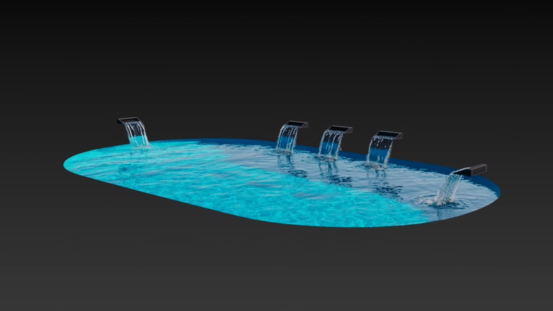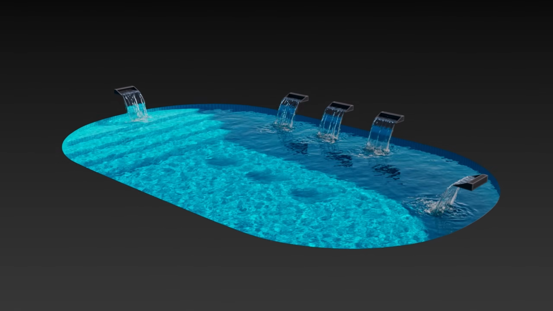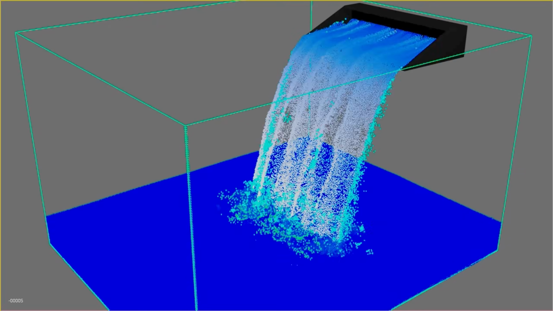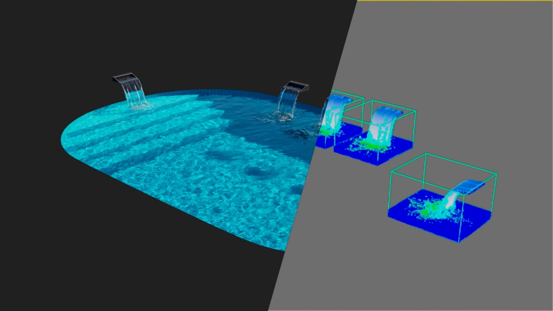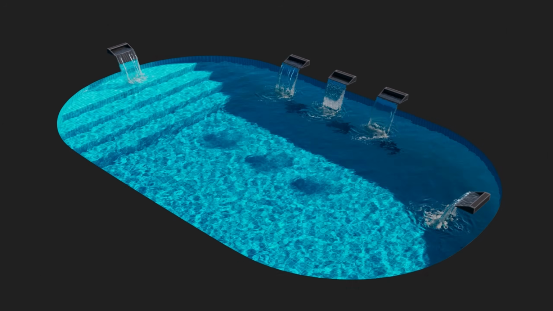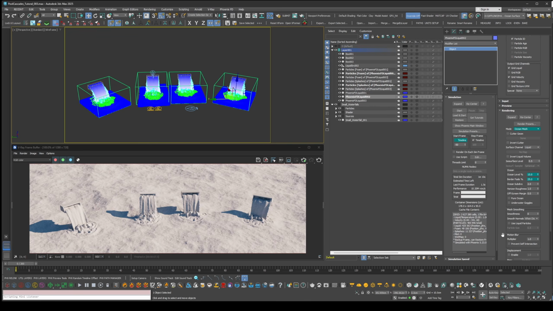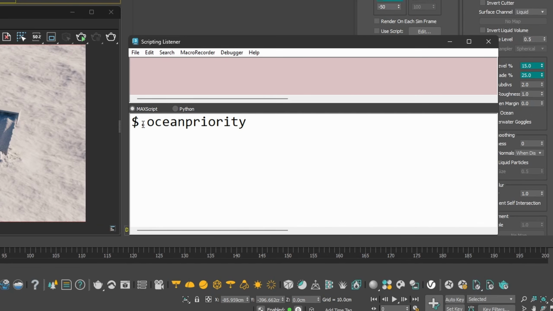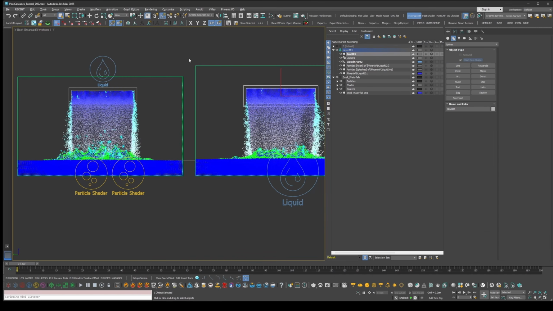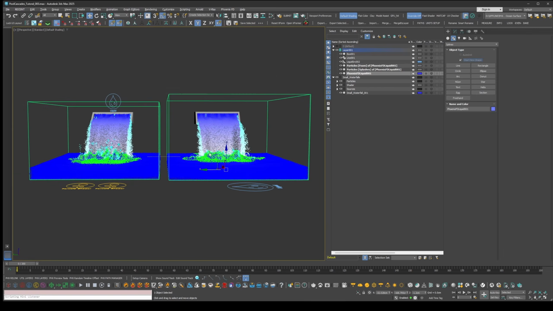Hello and welcome back. This is part 2 of the tutorial on combining multiple simulators into one continuous ocean surface and creating a swimming pool using several independent simulations. In the first part, I showed you how to choose which simulation grid to use as a source for the material and displacement using MaxScript, identify what needs to be done, and what to watch for to ensure the ocean